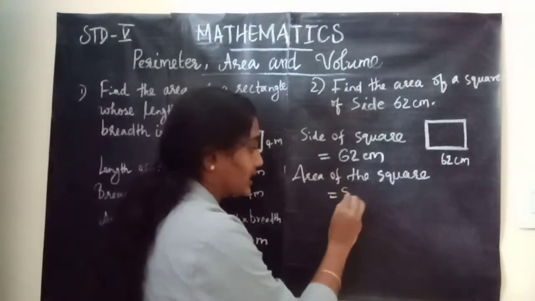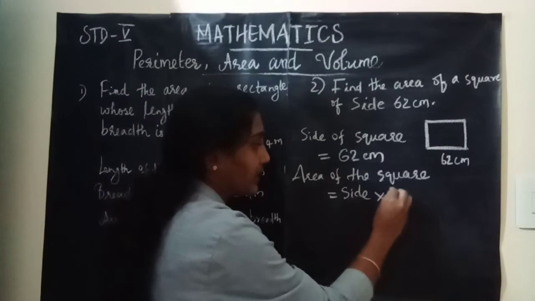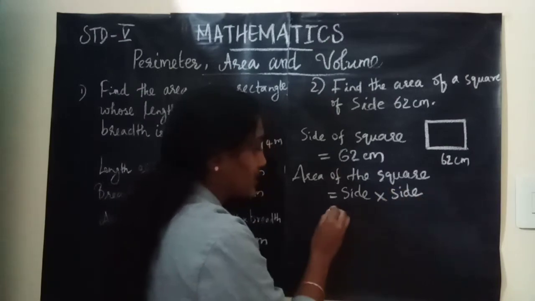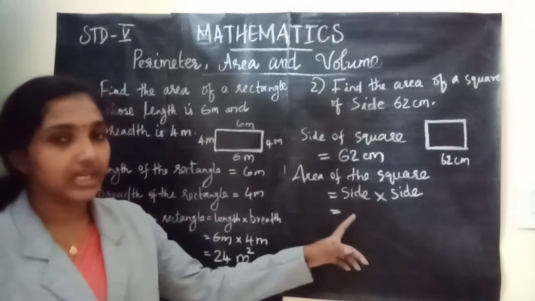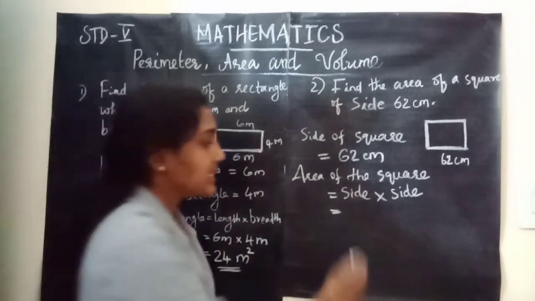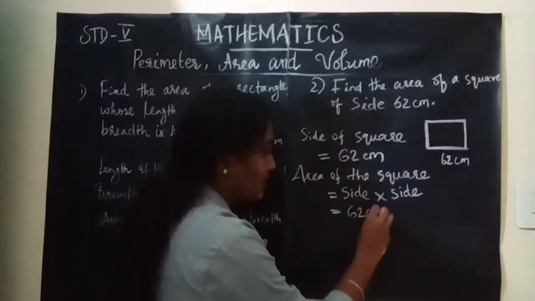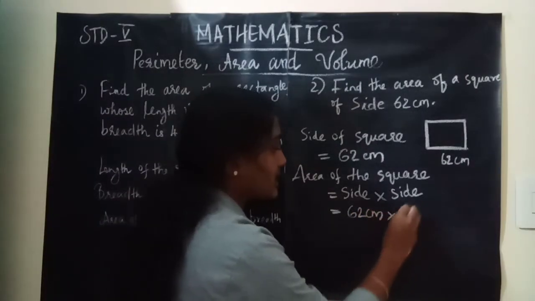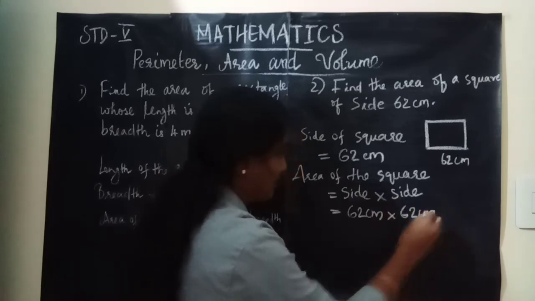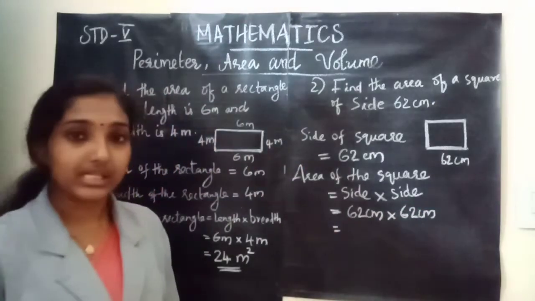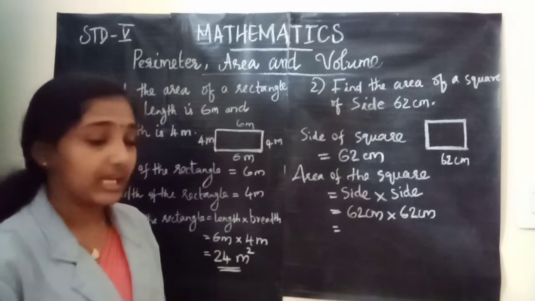Area of square is equal to side into side. The formula is side into side. The side of the square is 62 centimeter. So it is 62 centimeter into 62 centimeter. And doing the multiplication, we'll get the answer as